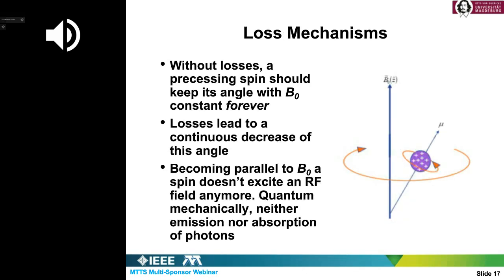We have mainly two loss mechanisms in magnetic resonance. One is the interaction between spins and lattice, because these spins exist in tissues, and the tissues are composed like any crystal, like any material. So they interact with the lattice, and with this interaction they lose energy, which means the thermal equilibrium returns slowly by losing the energy to the lattice. This is called proton or spin-lattice interaction.